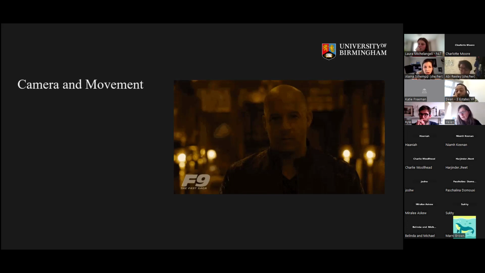Say you want to do a movement of some kind of object that you're filming, whether it be a person or a prop or a location. Moving up or down would be like this. Panning from side to side would be like this. And then a tilt, and this is why I get my camera out to explain it, is when you bend it down or you bend it up. So you can tilt up or tilt down, and then you can also track, and that means to physically move the camera this way or that way.